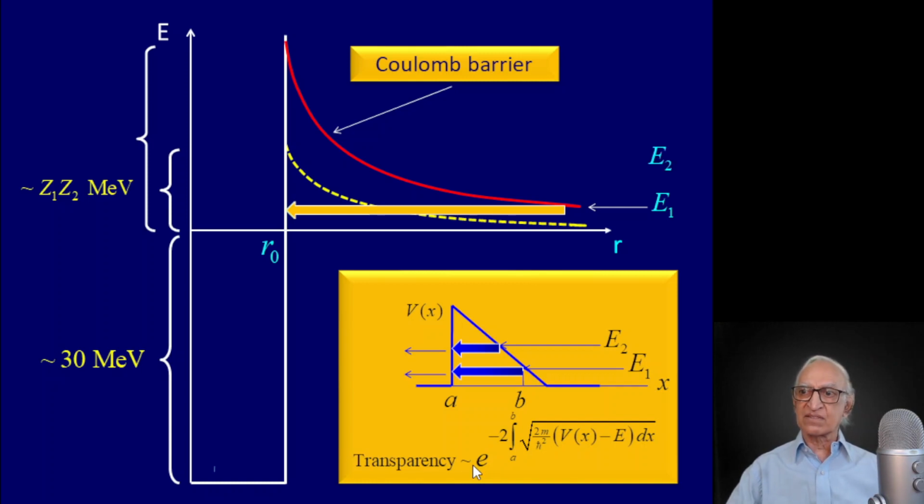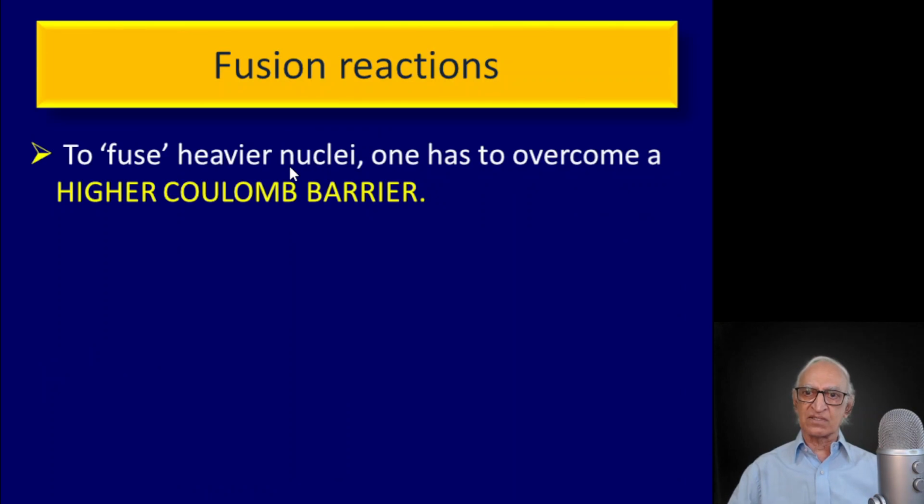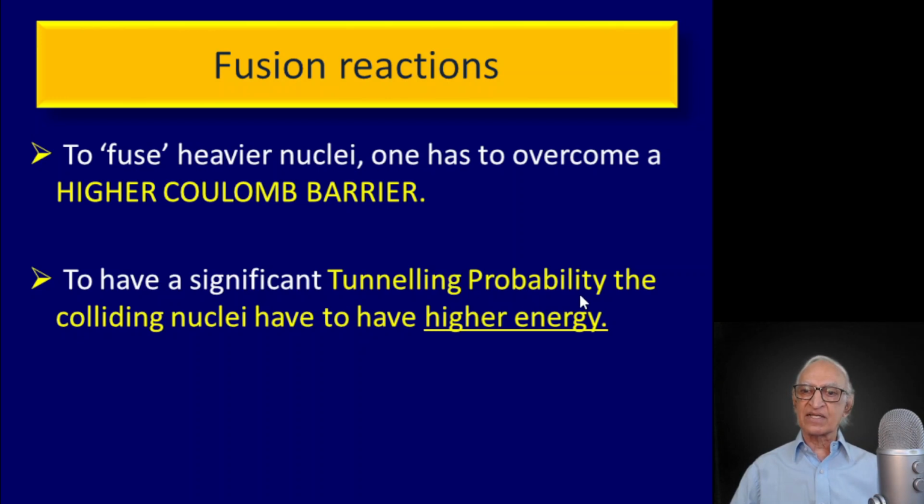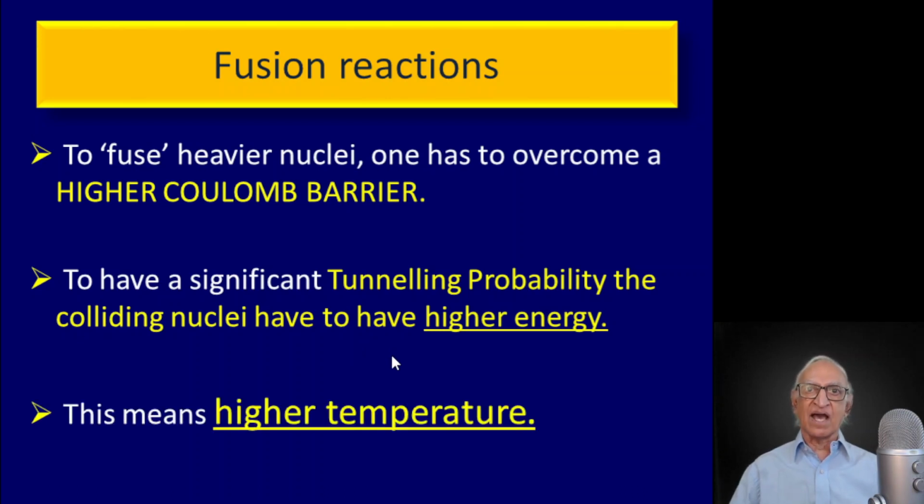Well, if the temperature in the central region is now higher, and therefore the mean energy of the particle is higher, then the particle would have to tunnel through a smaller potential barrier, and therefore fusion reaction can take place. Therefore, the moral of the story is, to fuse heavier nuclei, one has to overcome a higher potential barrier, and to have a significant tunneling probability, the colliding nuclei have to have higher energy,